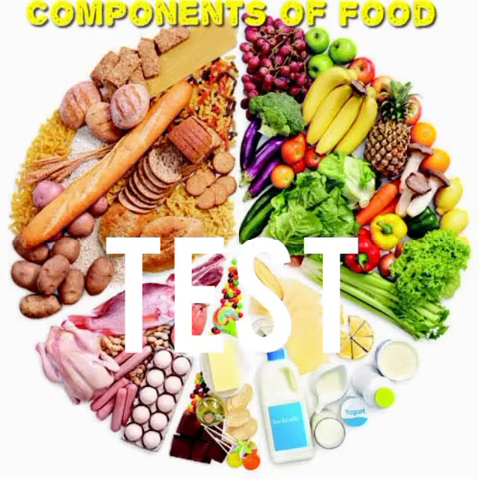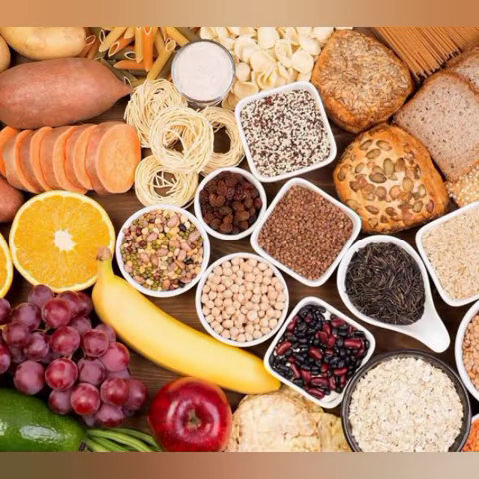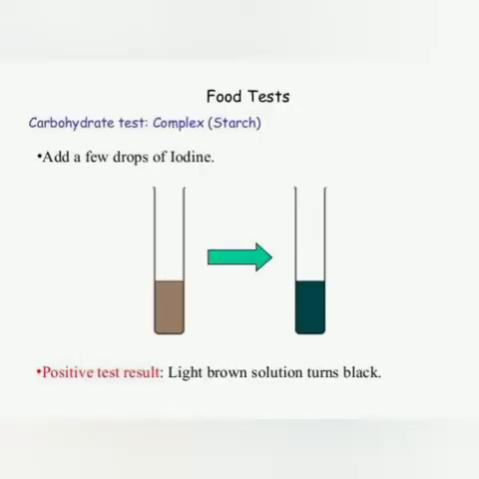Hi students, now we are going to learn testing of food components, whether it is present in the food or not. Let us start our activity with testing for starch. To test for the starch, we want a test tube and iodine. That iodine also diluted iodine and a small portion of a food sample. That is enough to test for this starch.